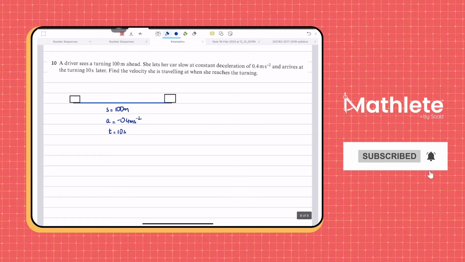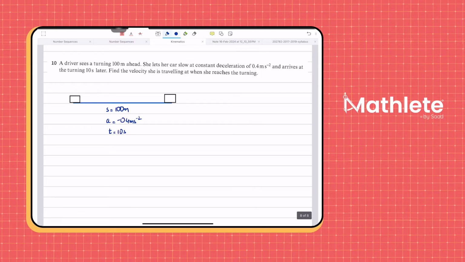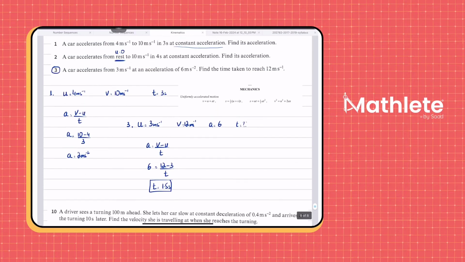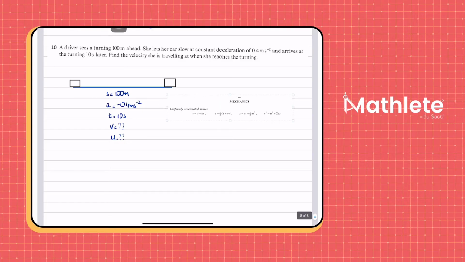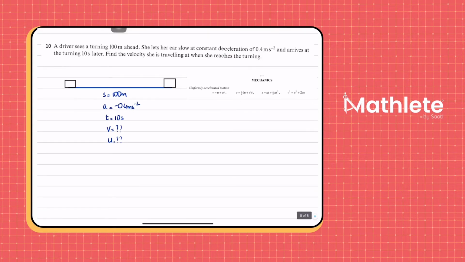Final velocity. Now, it may be that we have to first find the initial velocity in order to find the final velocity. That may be the case, but technically, the question is asking us to find the final velocity. Okay? This is what the question is asking for, and yes, we also don't know what the initial velocity is. Okay? Now, let's look at the four formulas that we have. Here they are. Okay, now, what formula do you think I can use over here? What formula do you recommend I use over here, looking at the data? The second one? Okay, if I use the second one,